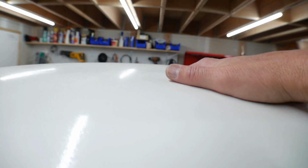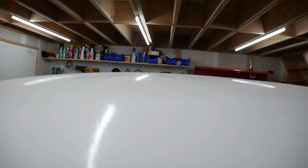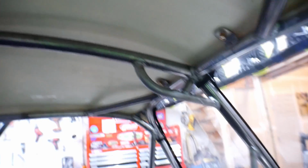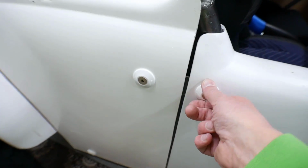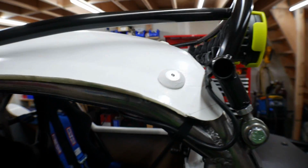There's none in the middle, but because this thing's curved, it's actually pretty strong. So I was thinking about adding something in here, but I figured it didn't really need it. And I like these body mounts, but they're also a little bit ugly. They're kind of all over the body, like a couple of acne scars or something. But I put enough on there that I think it should hold it no problem, but I didn't go